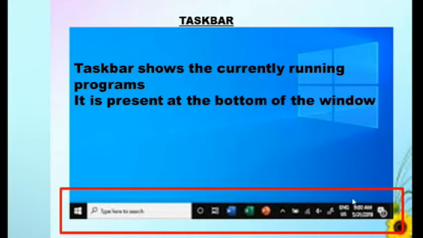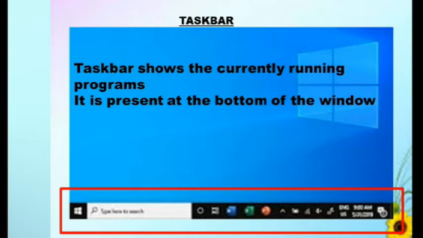The taskbar shows the start button on the left side and the clock at the right side. It also shows currently running programs, and it is present at the bottom of the window.